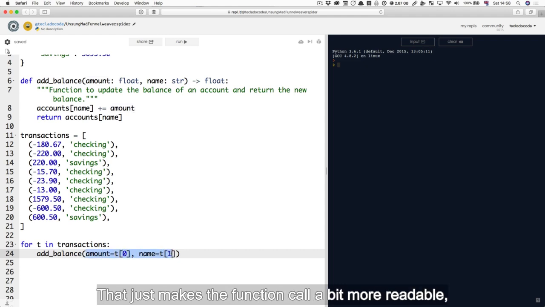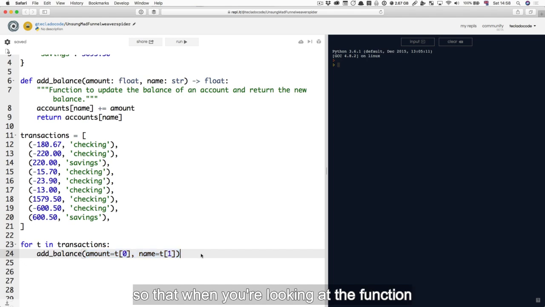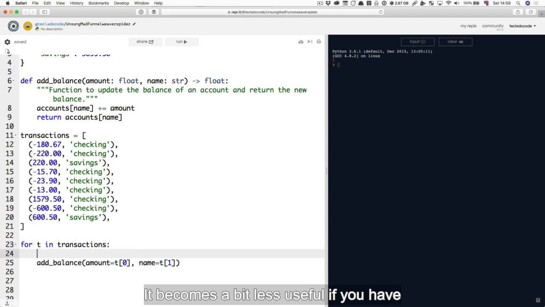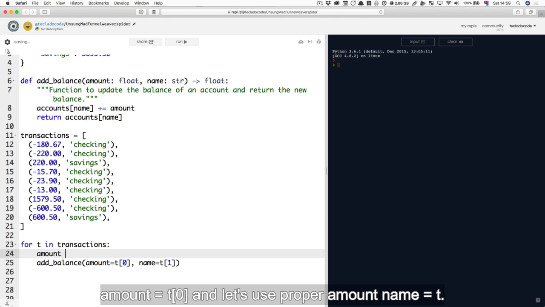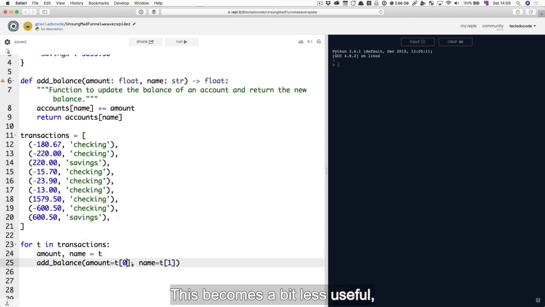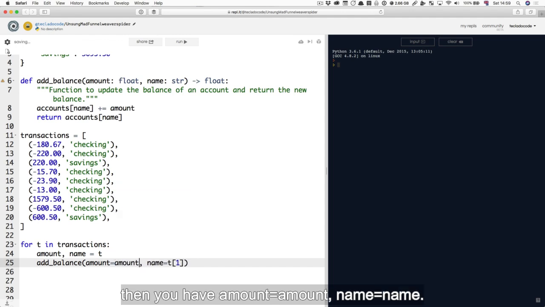That just makes the function call a bit more readable, so that when you're looking at the function, you know, okay, t0 is the amount, t1 is the name. It becomes a bit less useful if you have a statement above it that says something like amount, name equals t. This becomes a bit less useful, and then you have amount equals amount,